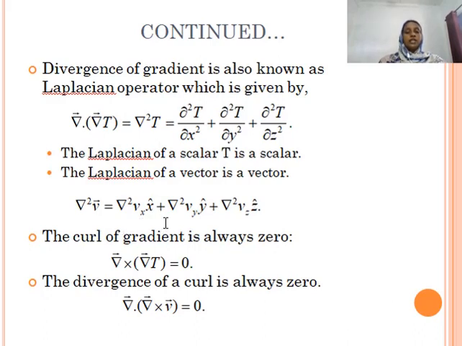Now the curl of gradient. The curl of gradient is always 0. Del cross gradient T is always 0. Similarly, the divergence of a curl is always 0. Del dot (del cross V) is equal to 0. So all these things you know very well, because in our interpretation of gradient T we mention this as: gradient T points along the maximal direction of the variation of the function T. It gives the slope along the direction of maximal change of the function T.